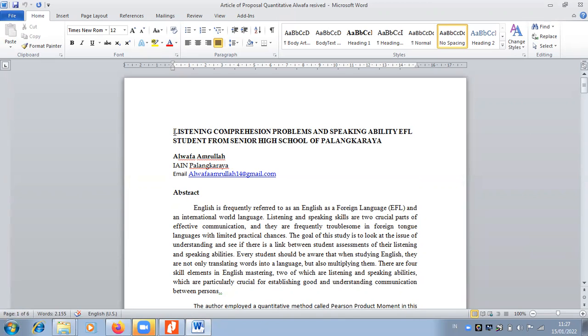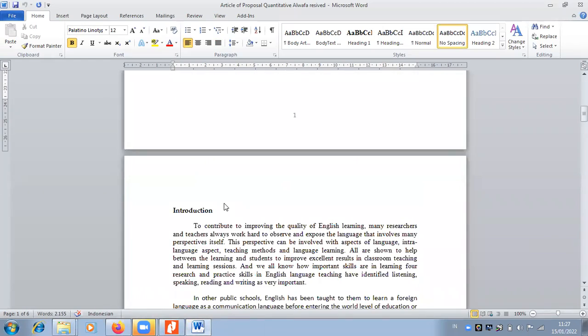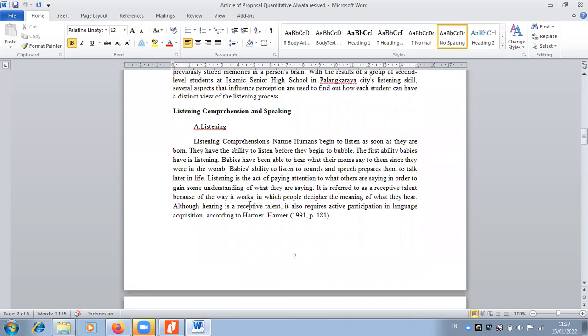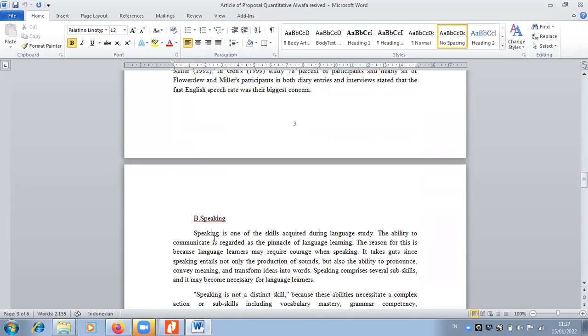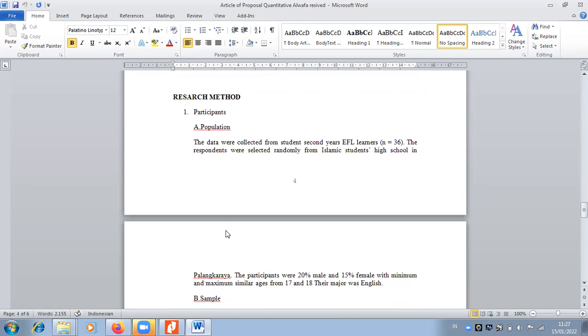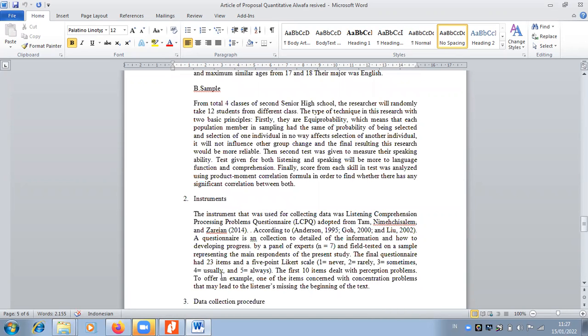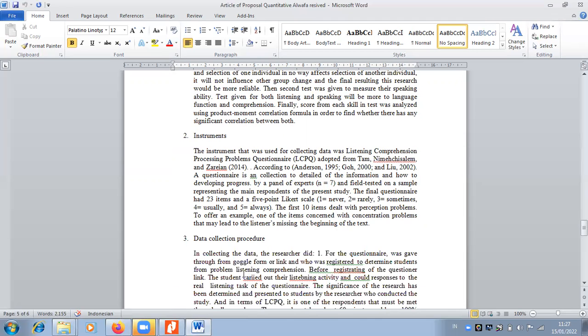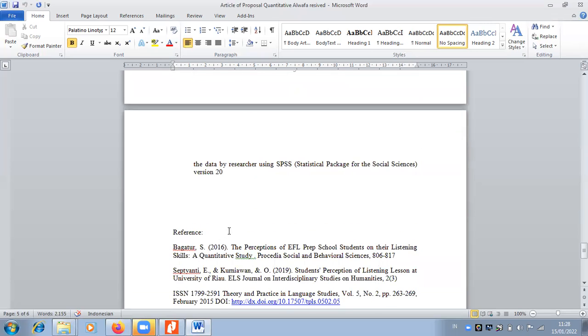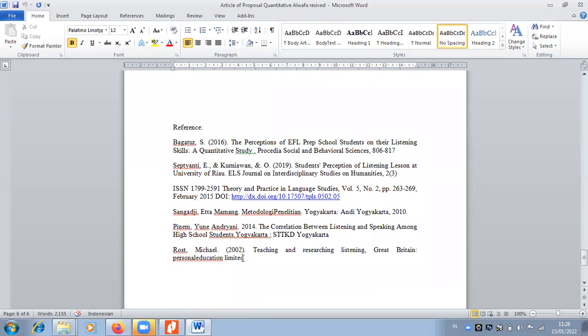You can see this is the title, and then an abstract and keywords, introduction, listening comprehension and listening. They have more explanation, and so speaking also, and research method. They are participants, population, sample, and instrument, the listening comprehension processing problem questionnaire, LCPQ, adequate content. Third is data collection procedure and data analysis procedure, and so the references: at least only 5 or 6 references,